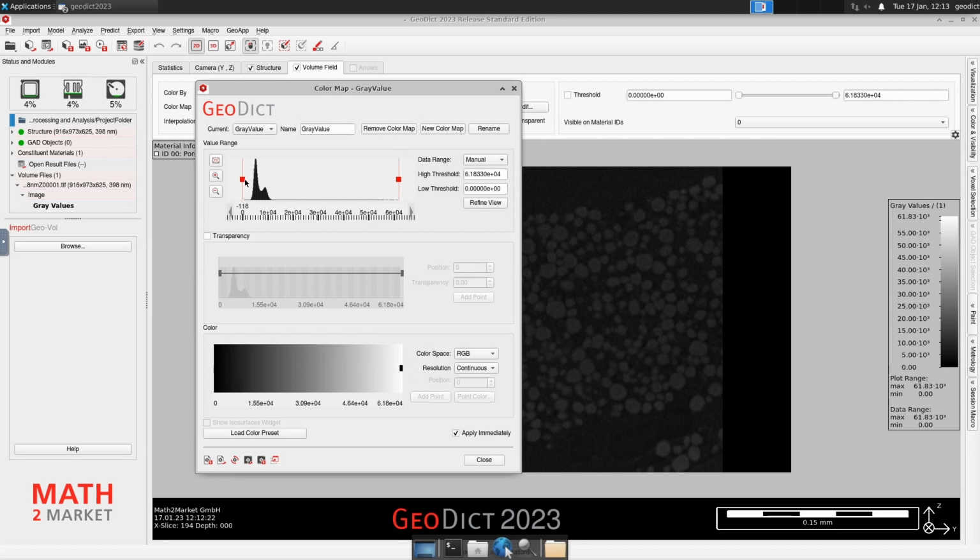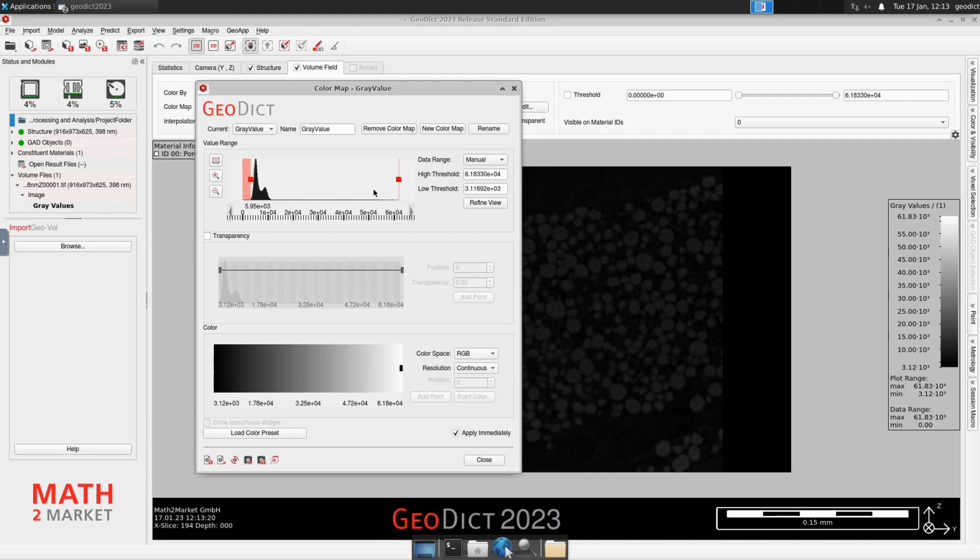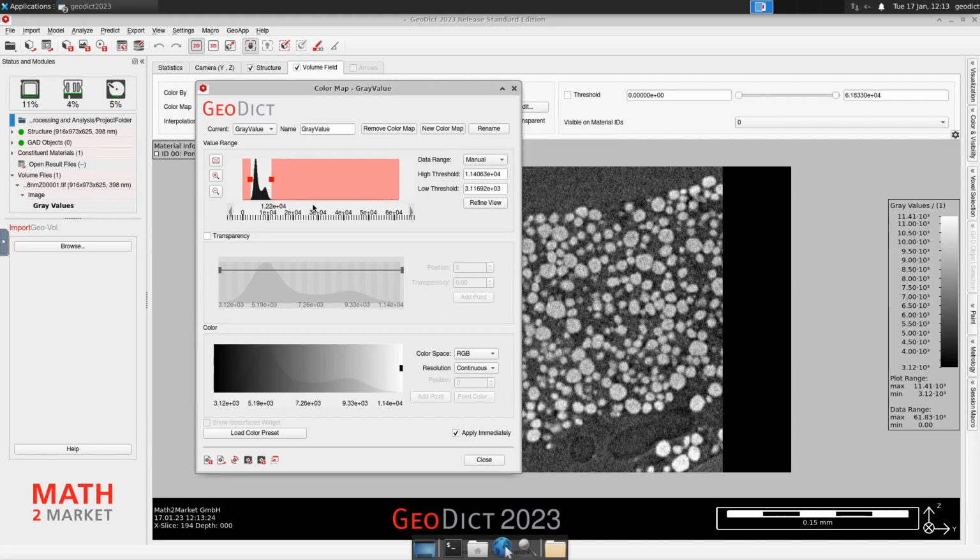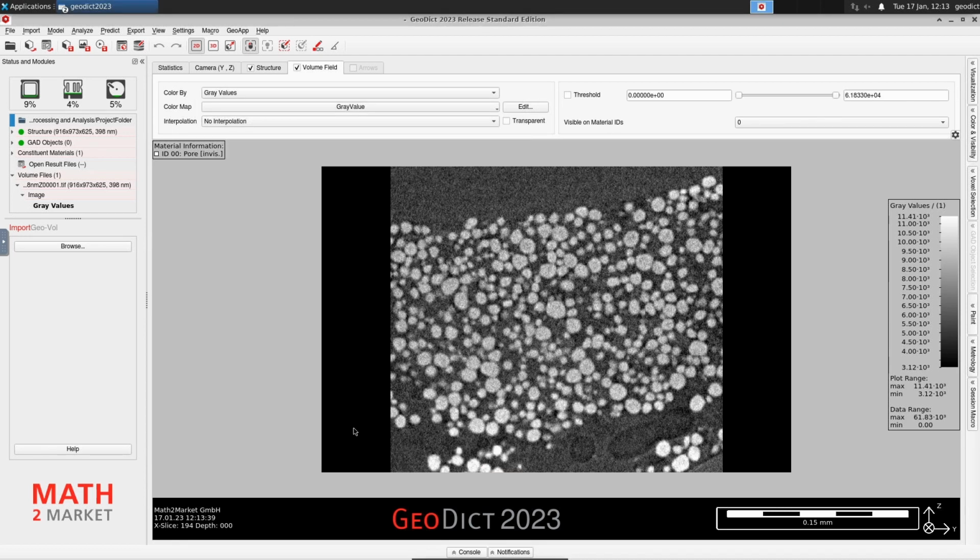So you can drag these red boxes, take the one here and put it closer to the interesting part of the histogram, and we do the same up here. And you can directly see that everything got brighter and you see much more of the structure. To close the color map dialog, just click on close and the changes will persist here.